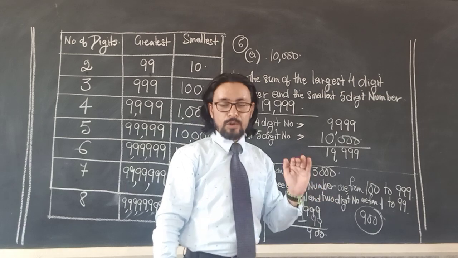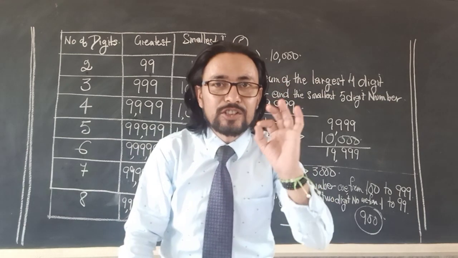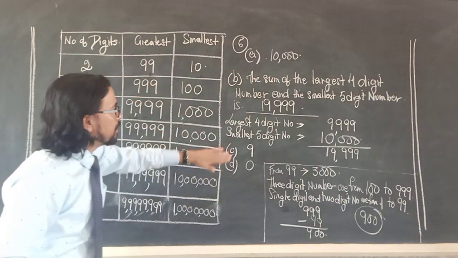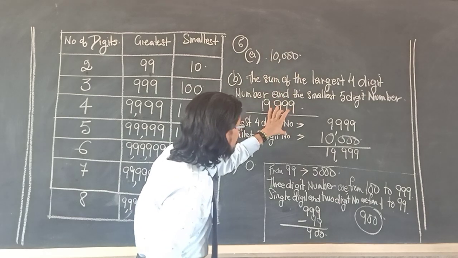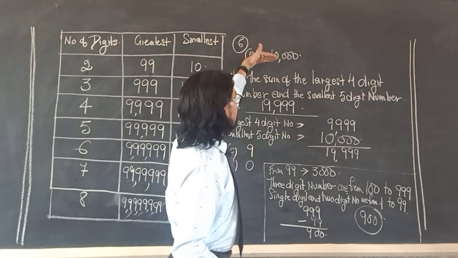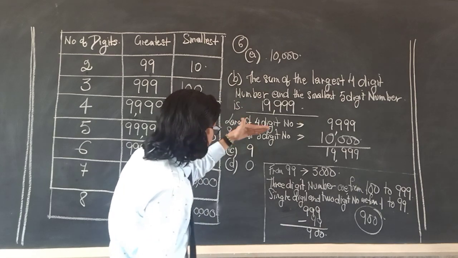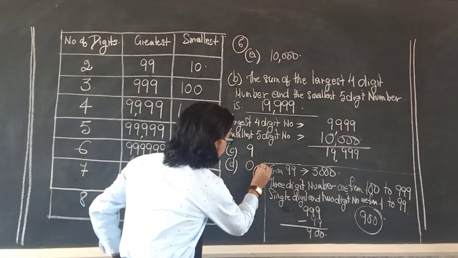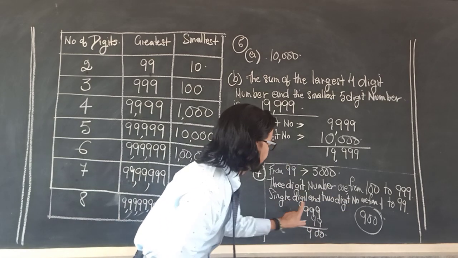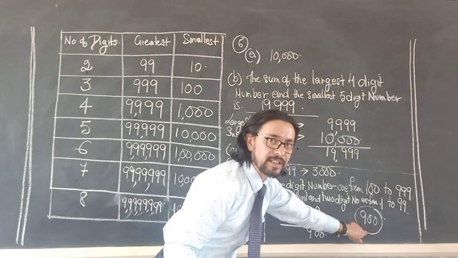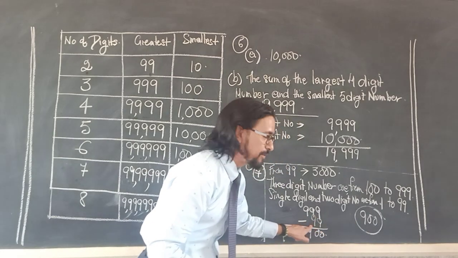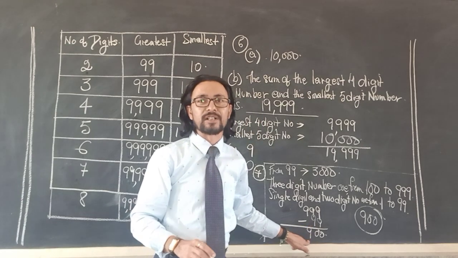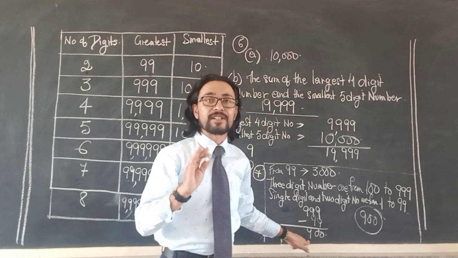So that is all for today. Make sure that you complete these two sums into your notebook in a neat fashion, exactly the way I have told you to. This particular sum B will have explanation and then the answer. Others will have sentence blank answer, sentence blank answer. And this is sum number 7. Here you have to write everything that I have written and show the working and say how you got the answer. From all the 3-digit numbers, take away all single and double-digit numbers. You'll come to know how many 3-digit numbers there are in total. There are 900 3-digit numbers in total.